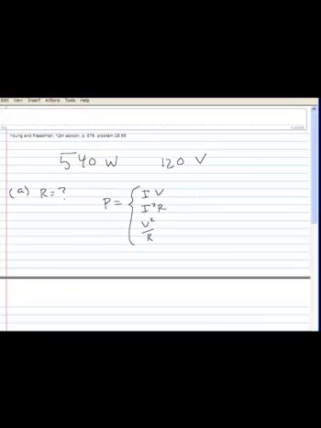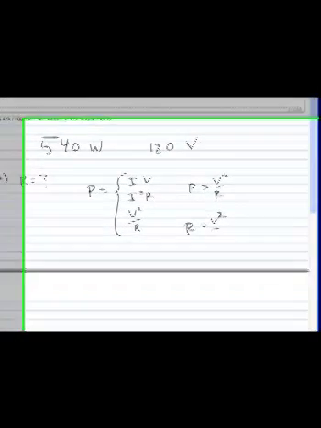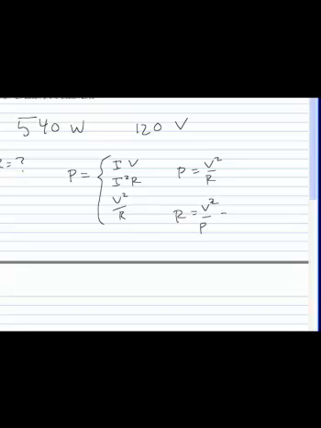So we want to take V squared over R. That means that R is equal to V squared over the power. And in this case, we have 120 squared over 540, or 26.7